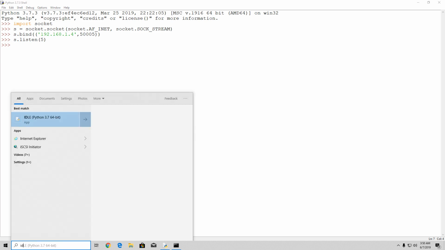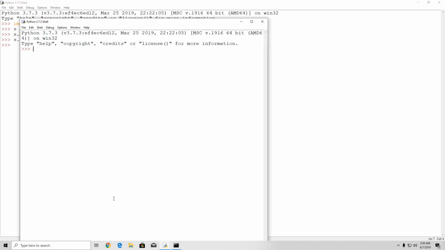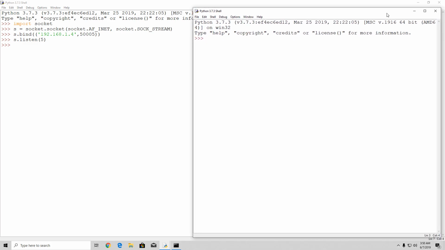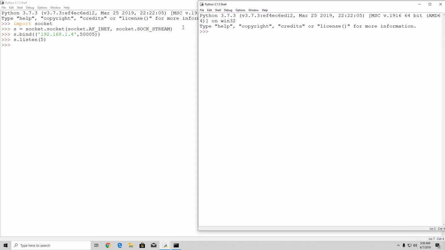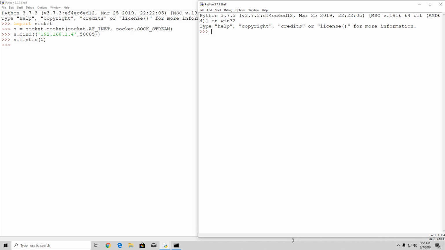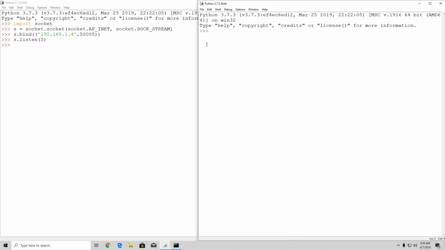So we will open another IDLE, because we need to have 2 IDLEs open in order for this to work. Just imagine that each IDLE is a different PC. It will work exactly the same, just you will specify different IP addresses right here, whether you're making a connection in your local area network or outside of the local area network over the internet. So right here, we first of all want to import socket,